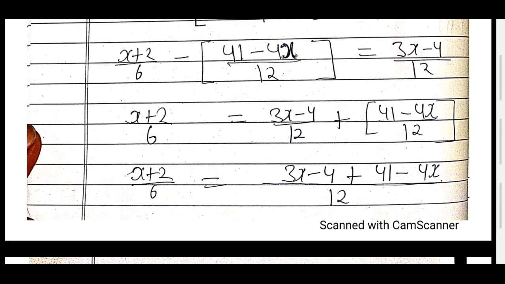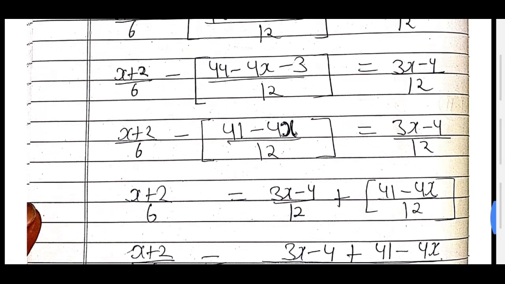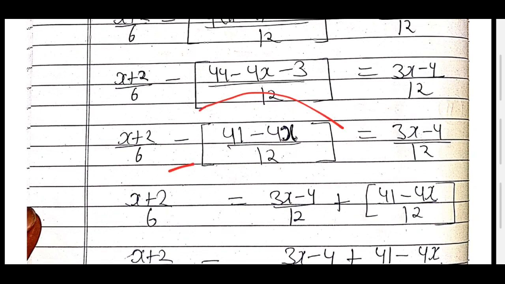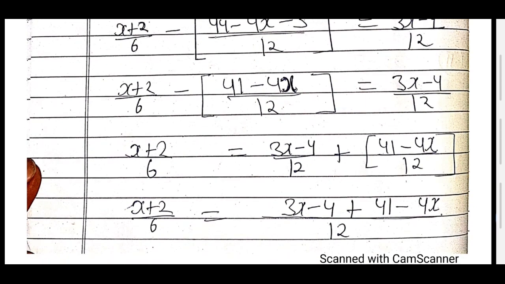I am shifting this bracket. This bracket is of what? Negative. So I am taking this bracket together here. It becomes positive. Why do I take it? Because the numbers are same. If the denominators are same, then we simply add as it is. That's why I'm taking it here. When this number moves to this side, it becomes plus. Now both are same, so you add as it is, because if the denominators are same, we add the numbers as it is.